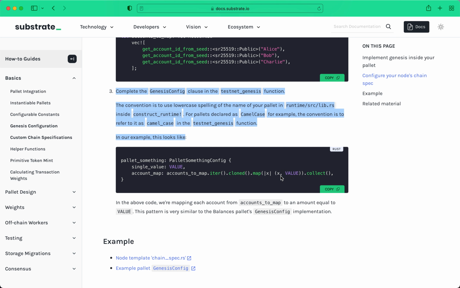Complete the Genesis config clause in the testnet Genesis function. The convention is to use the lowercase spelling of the name of your pallet in runtime src lib dot rs inside construct runtime. For pallets declared as camel case, for example, the convention is to refer to it as camel case in the testnet Genesis function. In our example, this looks like